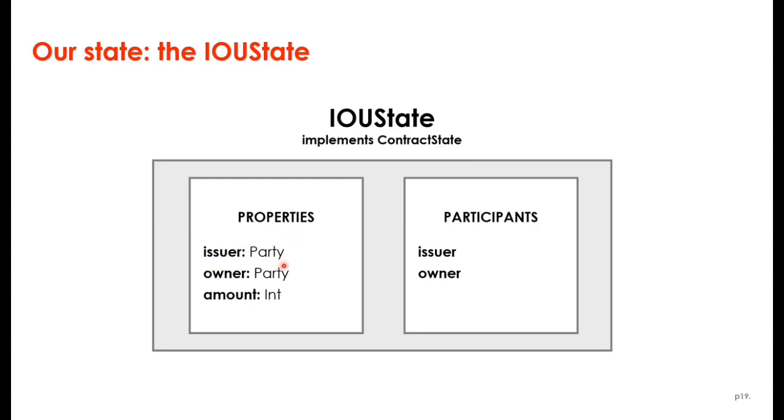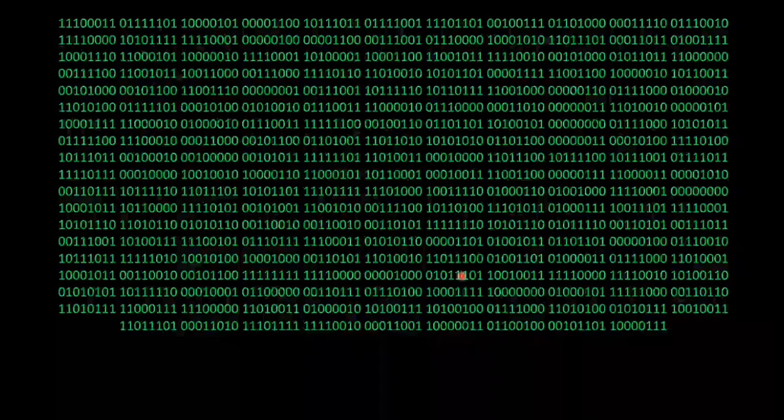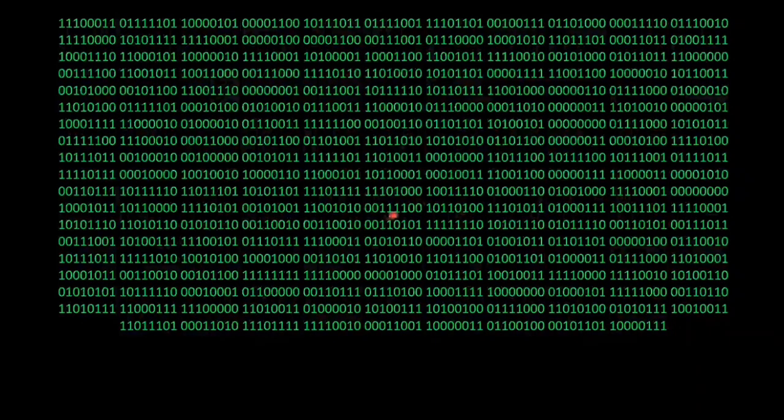We can see here the properties. We have an issuer, which is of type party. We have an owner, which is of type party. Then we have an amount, which in this case is of type integer. And then we have our participants, the issuer and the owner. So here, I'm going to do a demo. Let's take a look at our